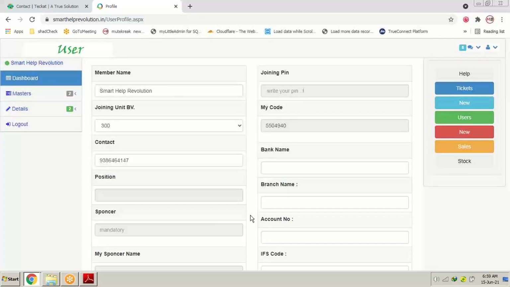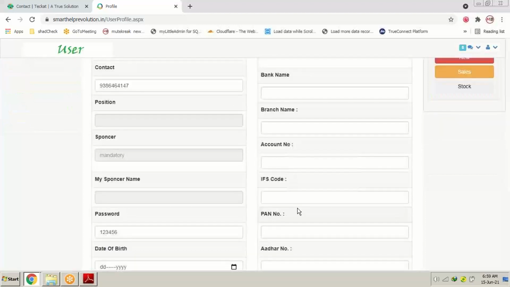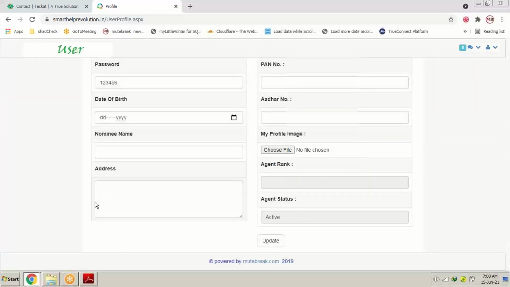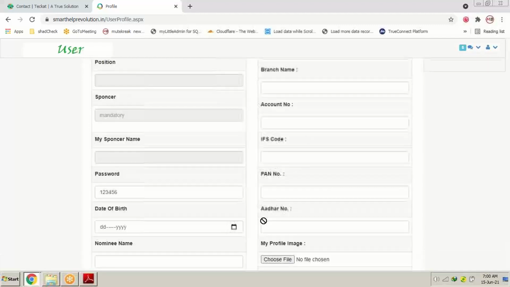As I told you in the starting, we're going to discuss how web application software is made, and tailor-based applications are 100% made upon the requirement of the client. If the client wants this particular joining pin to be red, then I have to make it red instead of black. So this is the scenario of a web application person. If the client wants more fields, like father name, mother name, blood group, weight, on this form, I have to make it over here, I have to do the programming, and I have to make it in the design in the database also. How everything is made, we're going to discuss in this session, slowly and slowly.